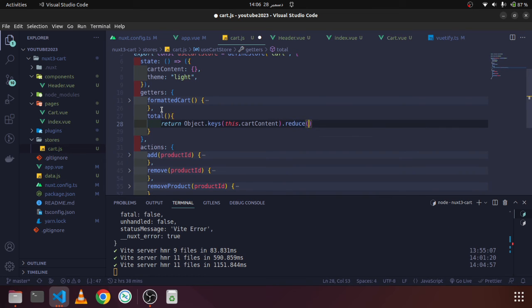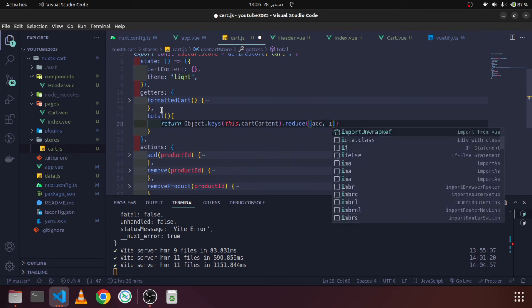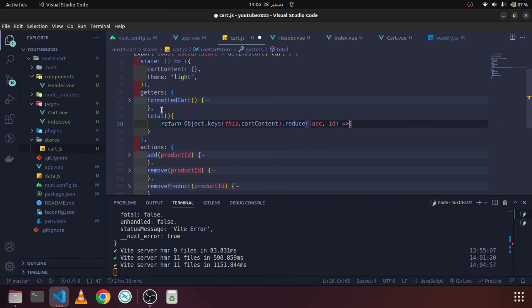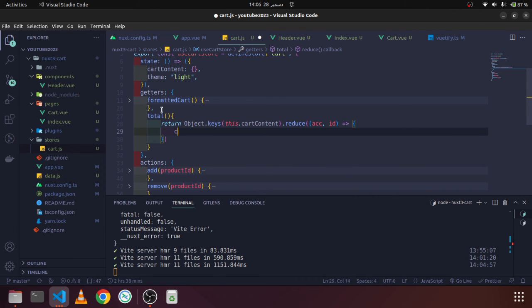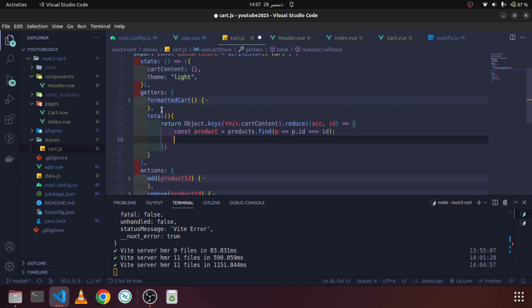Basically reduce is the best method for adding. Obviously we will have id, and I can say const product is equal to products.find, and p, if p.id is equal to id. So we will have single product, and then I will return